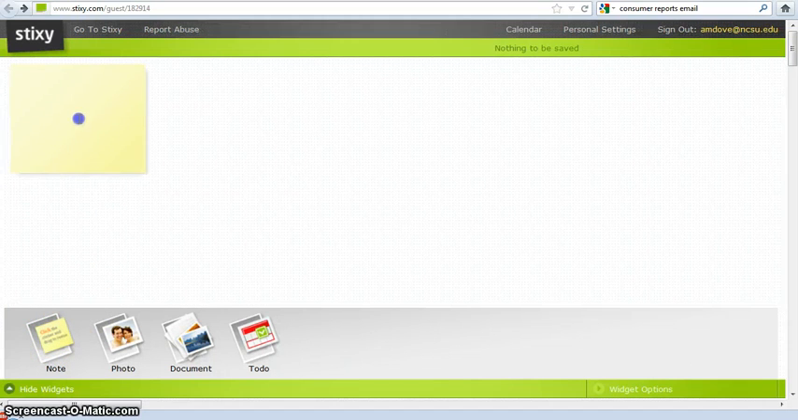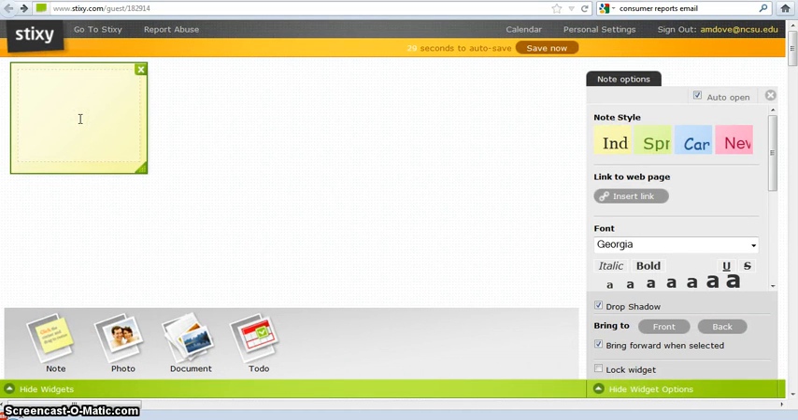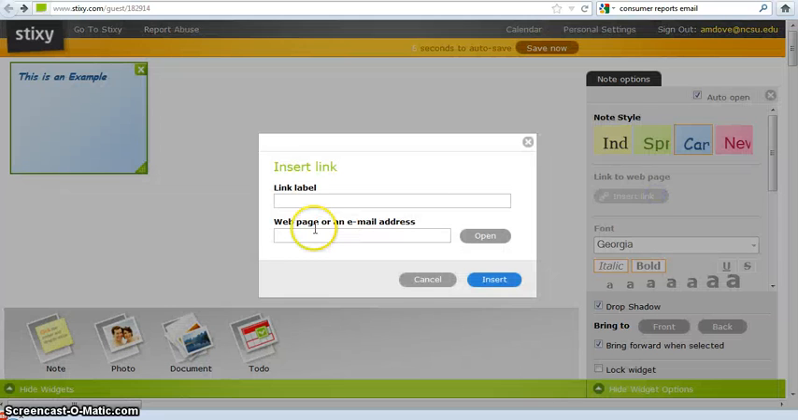The note is very similar to what I do with Lenote or with Wall Wisher. I can type in any notes I'd want to say to myself. This is an example. I can also have all my options of changing the color of the note. If I highlight the text, I can bold it, italicize it, whatever I'd want to do. I can also insert a link, say like,